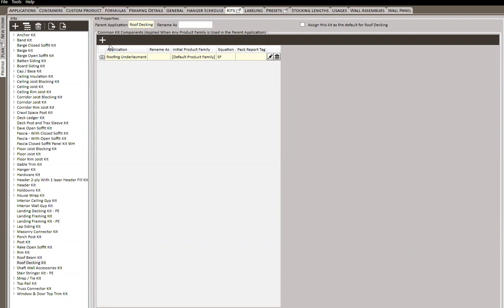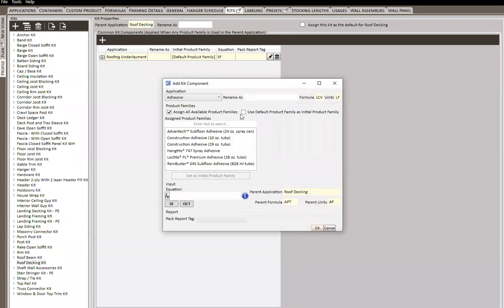So maybe my rule of thumb is, for every 100 square feet of roof decking that I have, I want to send so many 14-footers. Basically one 14-foot board for every 100 square feet of decking. Just kind of randomly pulling out a number here. So I can come to my common kit components because this is something that I want to send all the time. So I'll click here,